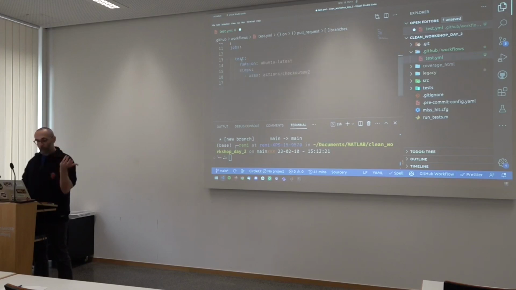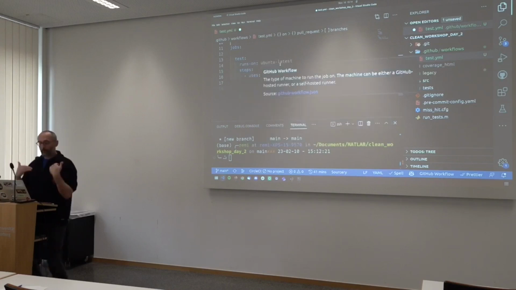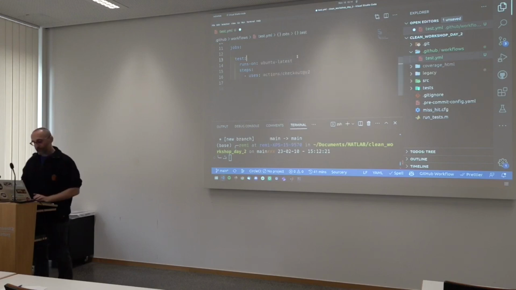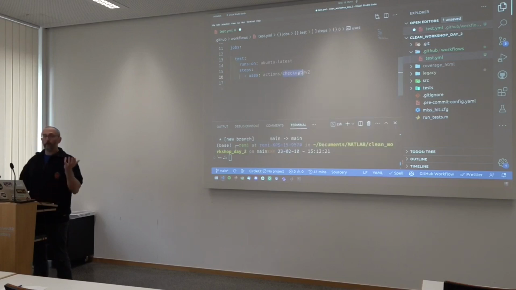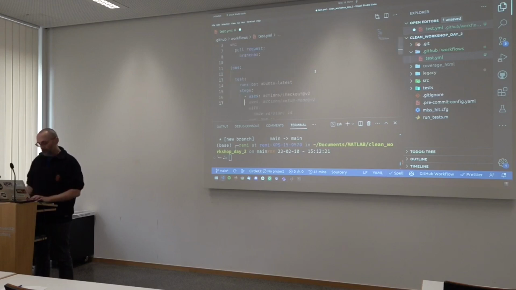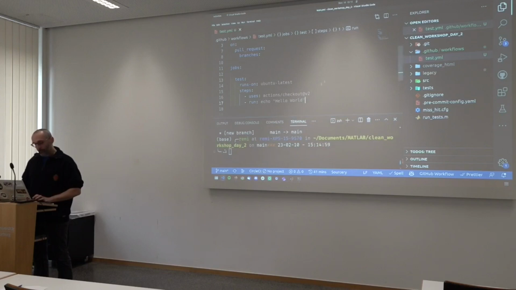Once you define which operating system you're going to use for this job, then you need to define the things you want to do in this job. The first thing here is checkout, meaning you want GitHub to check out the code from this repository, right? And then you're going to start adding commands on what you want to do. Here, I'm just going to do something super simple, just so you get an idea of how this would work. I just want to do echo hello world.